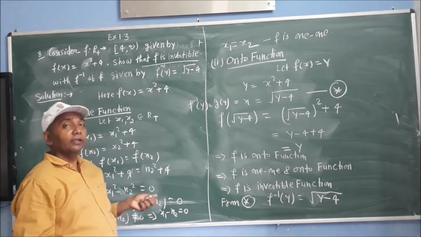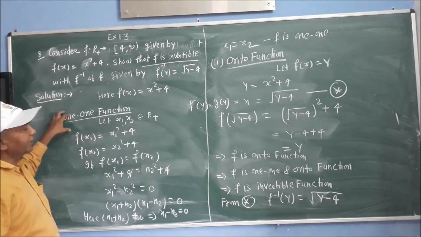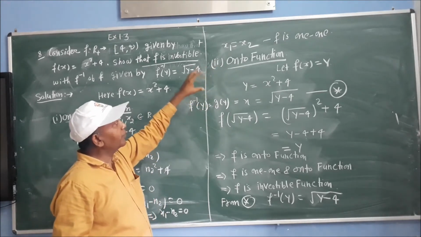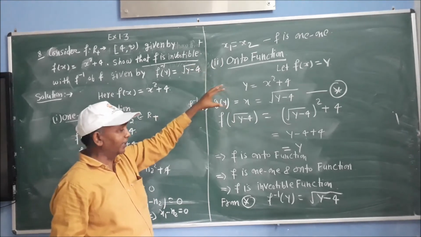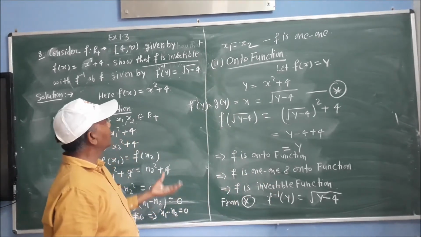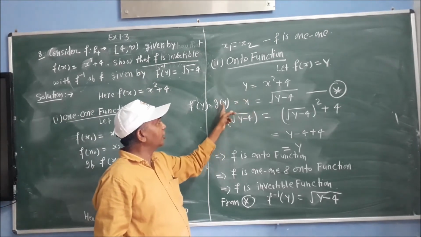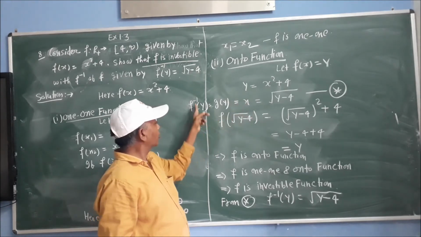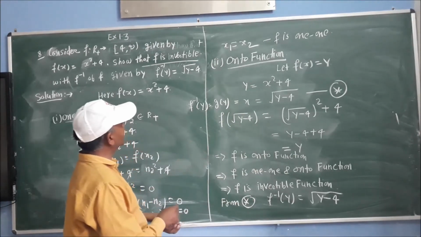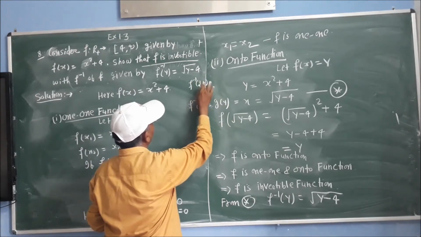So dear students, if you have to prove the given function is an invertible function, first prove it is a one-one function, then prove it is an onto function, and if a function satisfies both properties, that means the function is invertible. After that, in the examination, you will have to calculate the inverse of the function. This x is called g of y, also written as f inverse y. After that, in the examination you may also be asked to calculate the value of f inverse 31 or f inverse 40.